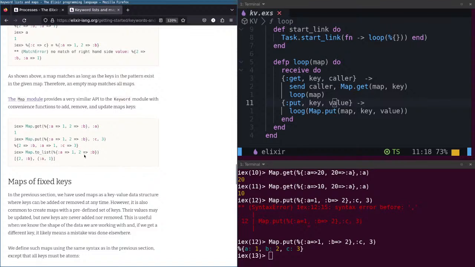Map.to_list converts the current map into a list of pairs. a holds 1, b holds 2.